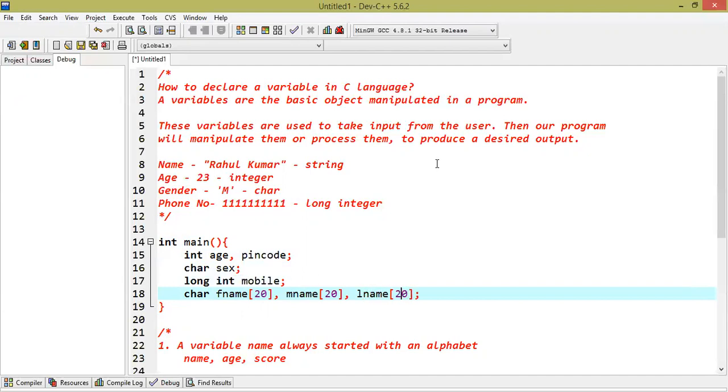So there is no need to write the data type each and every time when you declare a variable. You can use a comma as a separator between the two variable names. And at the very beginning, your statement must be preceded by a data type. Similarly, in mobile also, we can have mobile number 1 and then mobile number 2.